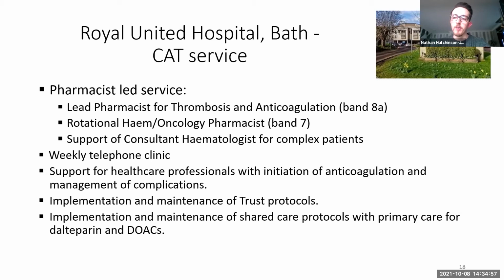As I said, it does mean that at the moment we're limited in what we can do. We can't do everything we would like, but certainly it has meant that we have a robust follow-up system at the moment, which is obviously brilliant, and I'm very grateful to have. We also have support from a consultant hematologist, particularly for very complex patients, where we can discuss them as part of an MDT. And obviously we also have input from other health professionals,